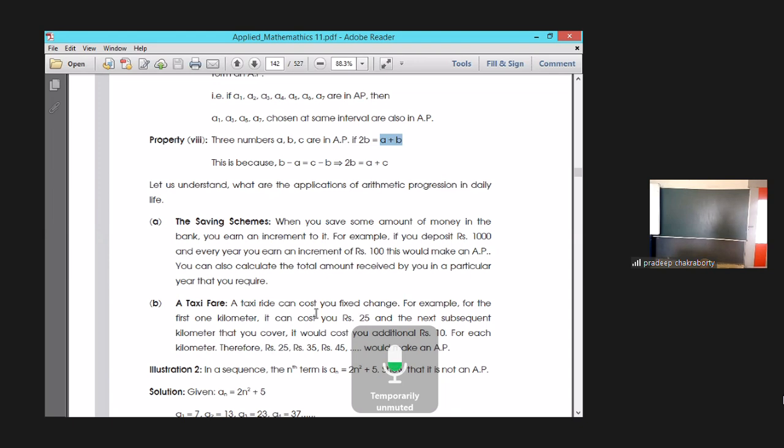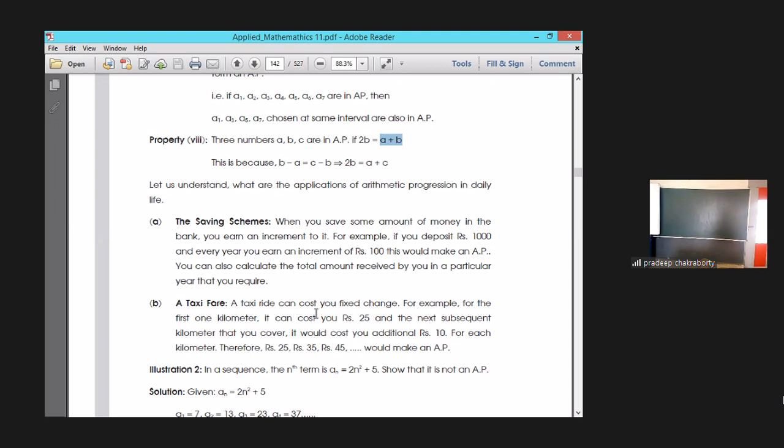हाँ, तो वही चीज है ना, 10% बढ़ेगा तो 110 होगा, फिर 110 का 10% होता है 11, तो ये होता है 121. तो इस तरह से वो जीपी पे भी नहीं आएगा। This type of increment will never come in AP, and it will not come in GP either.